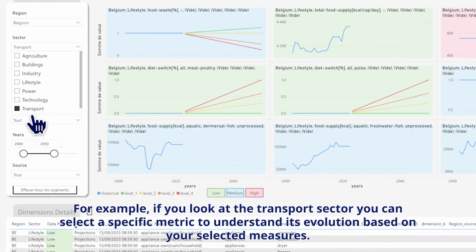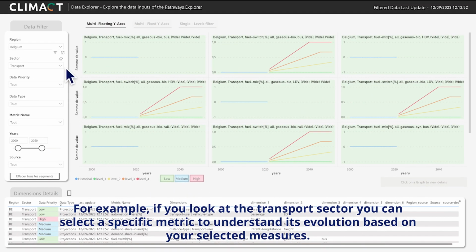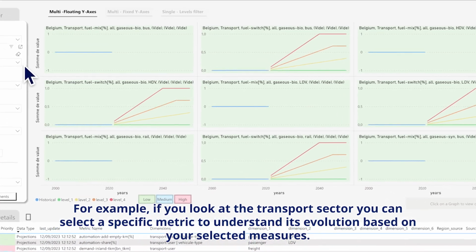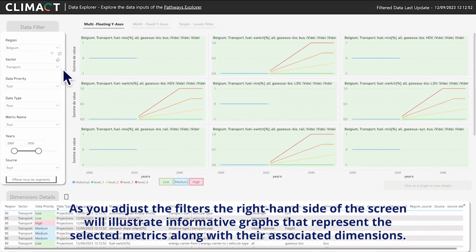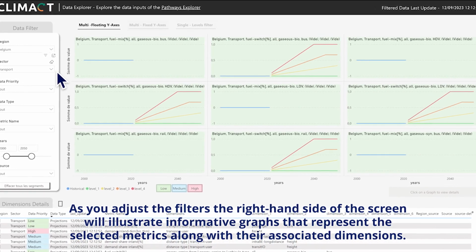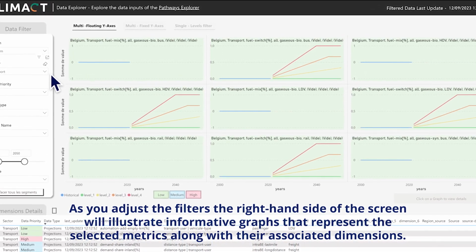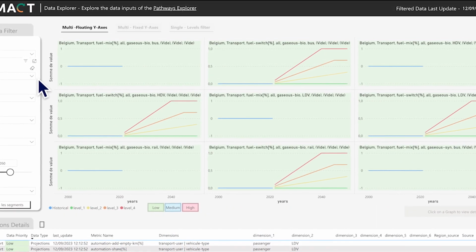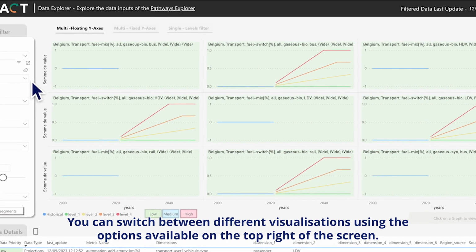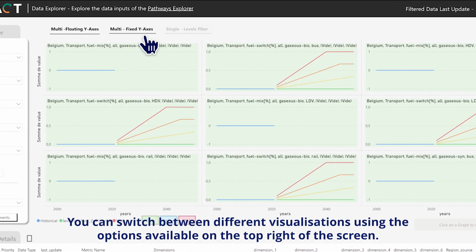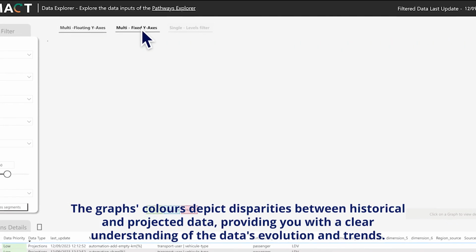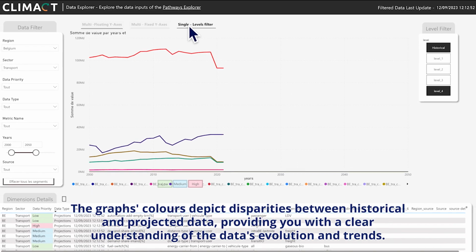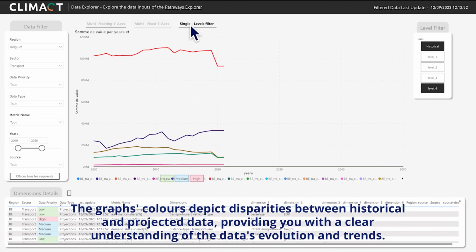For example, if you look at the transport sector, you can select a specific metric to understand its evolution based on your selected measures. As you adjust the filters, the right-hand side of the screen will illustrate informative graphs that represent the selected metrics, along with their associated dimensions. You can switch between different visualizations using the options available on the top right of the screen. The graph's colors depict disparities between historical and projected data, providing you with a clear understanding of the data's evolution